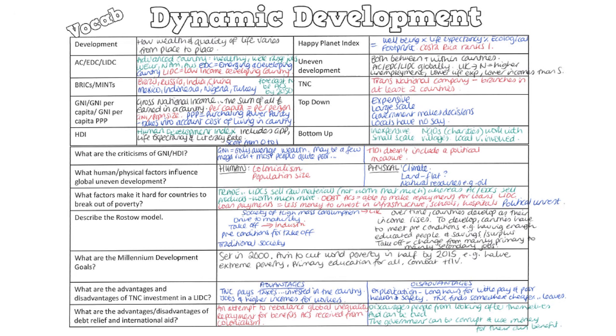So human factors include colonialism, so looking at the past and the colonial history of European countries ruling African nations and basically using their natural resources and their manpower to make money for themselves, which when independence came left those countries really behind and really starting from scratch in terms of building up their own industries and their own way of making money with fewer resources because we had used many of them.